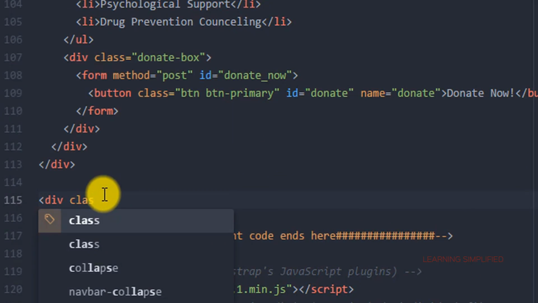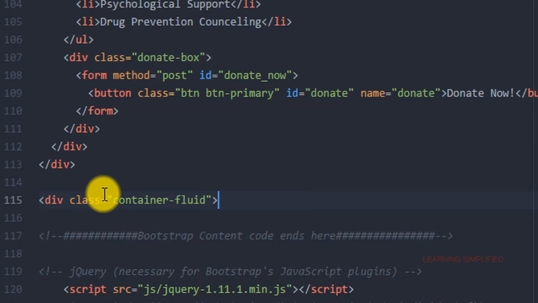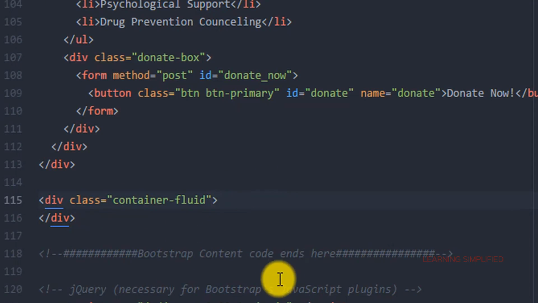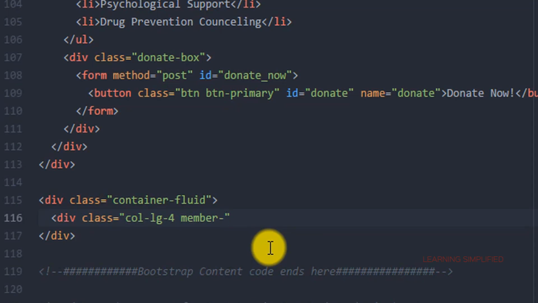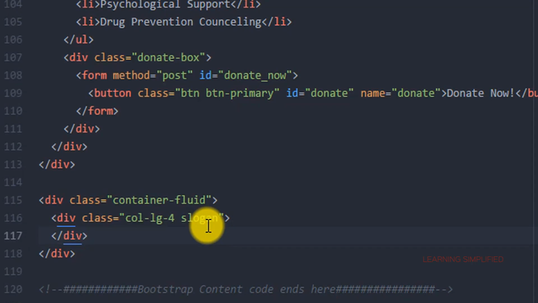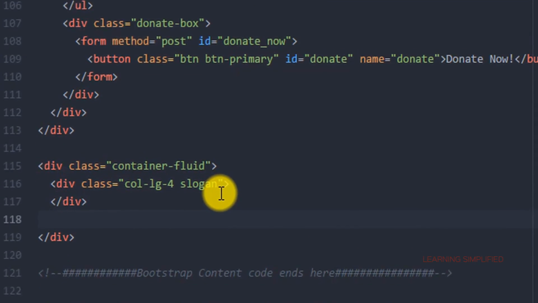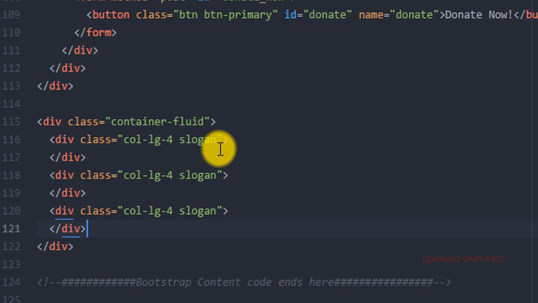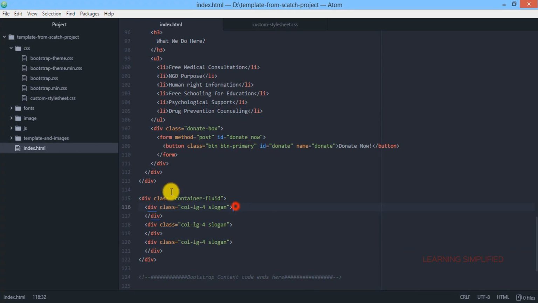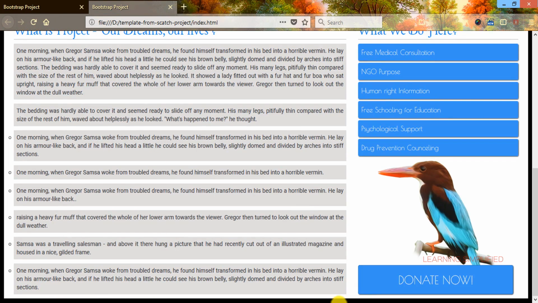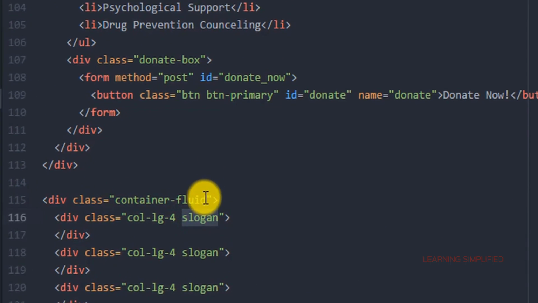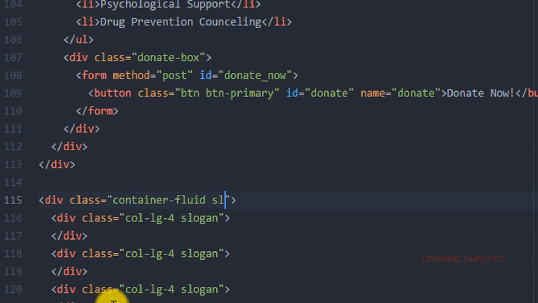let's create this div class. Now we have created another container fluid part, and inside, the first thing that we are about to do is create this particular part. Copy this thing again and again 3 times in a row. Here it is. Now if we just get back to our project and reload, we won't see any visual change here. So we have created this slogan, and in the first position all we are going to do is create a slogan holder.